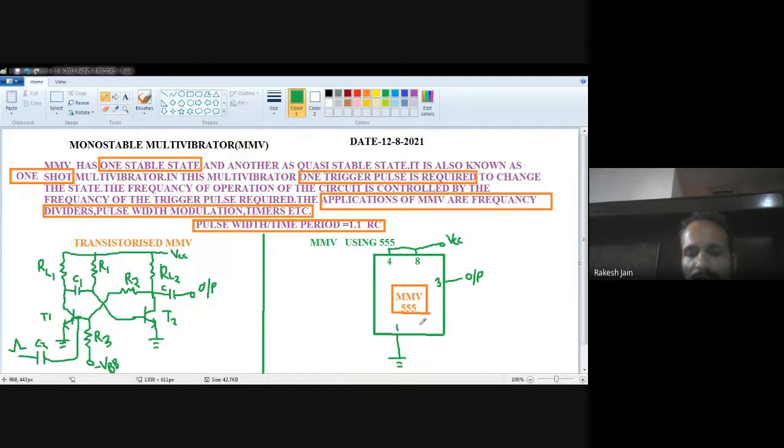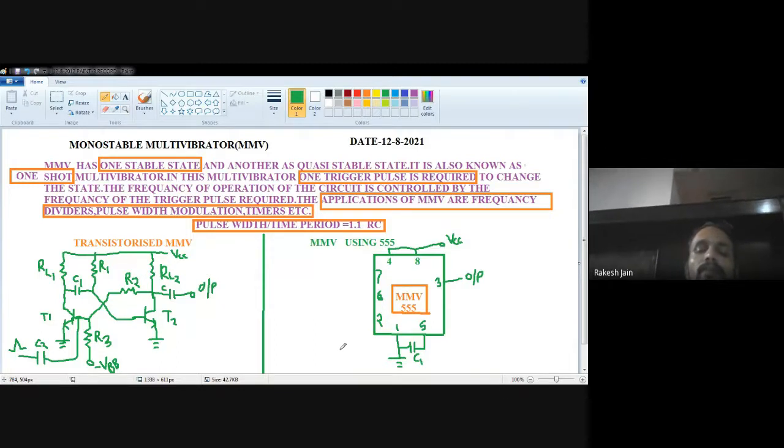The fifth number pin is connected via a short capacitor of 0.01 microfarad or 0.1 microfarad with the first number pin, like in the case of the previous. Let's suppose the name of this capacitor is C1. Now the remaining are the 7 number pin, 6 number pin, and the second number pin: reset, threshold, and trigger pins.